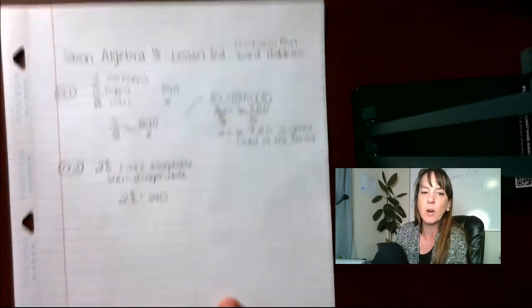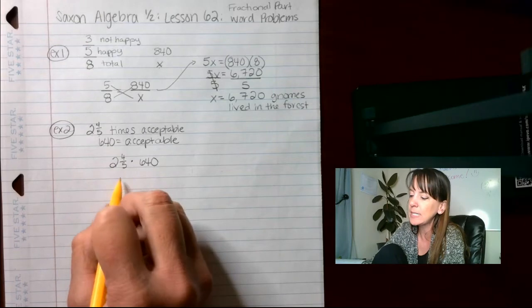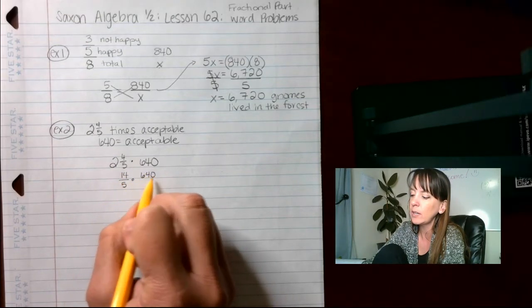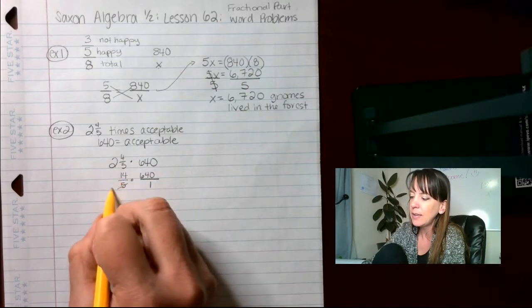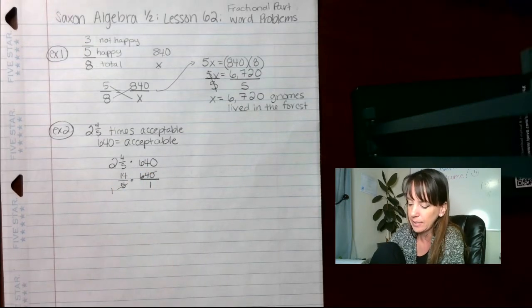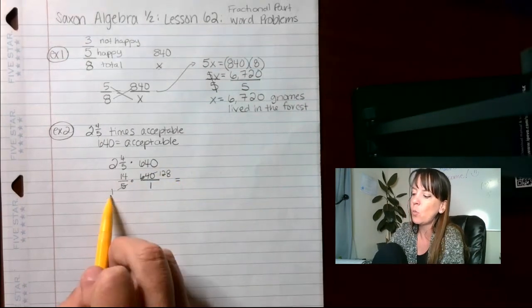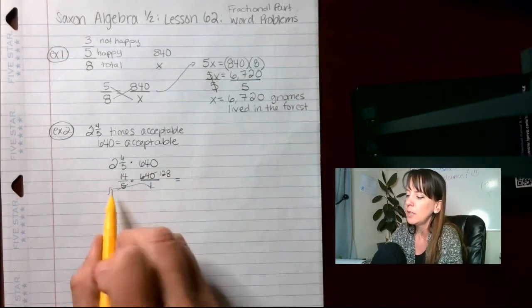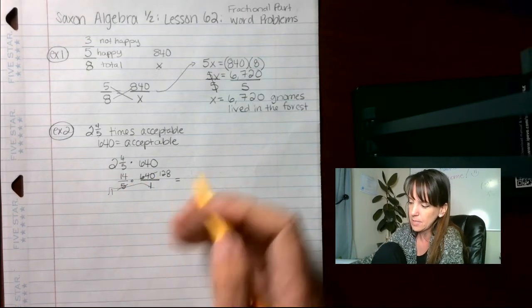640. And when we're dealing with fractions, we do this times this is 10 plus that is 14. So we end up with 14 over 5 times 640 over 1. To make my life easier, I'm going to cross cancel, and that becomes a 1. Divide that by 5, I get 1. Divide that by 5, I get 128. So then what I have is 1 times 1 on the bottom, that's fine. 14 times 128 gives me